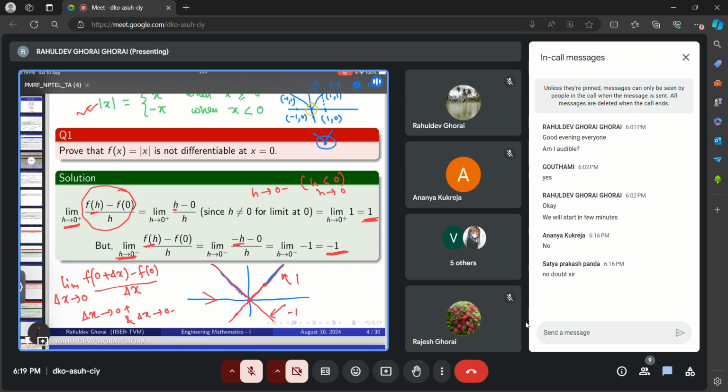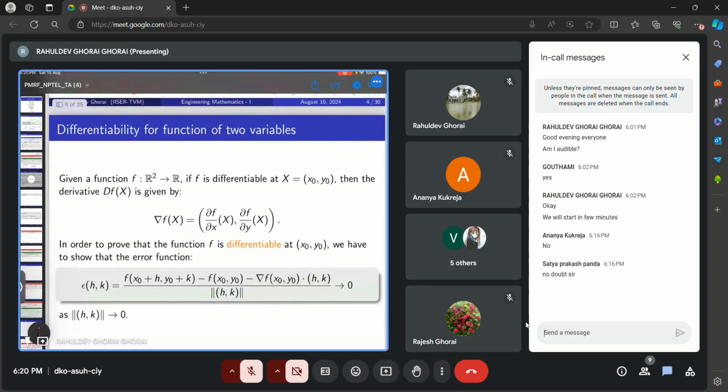Any questions up to here? I will stop for some time, maybe just for a few seconds. If you have any question, you tell me in the chat box, or you can unmute yourself. It's better if you unmute yourself and ask me if you have any doubt. Okay, so without delaying, I will proceed to the next